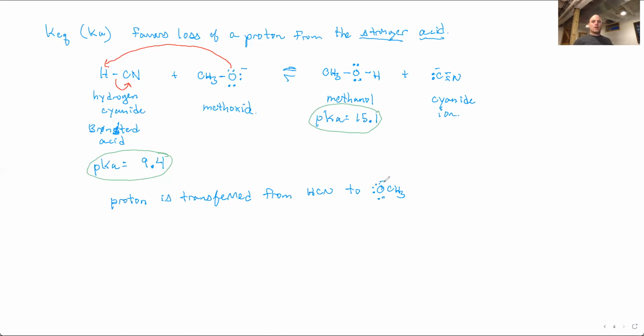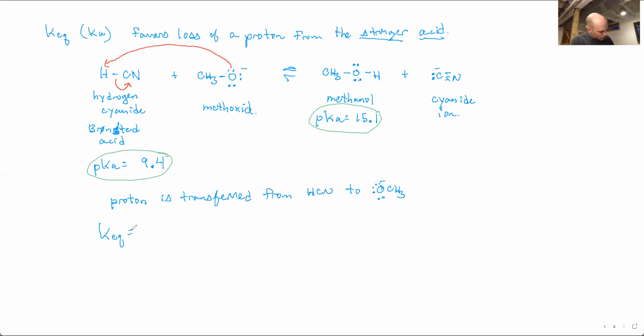Okay. And so that's how I can qualitatively describe what is happening, using just the pKa values of the acids. But we can actually calculate the KEQ for this reaction using the pKa's. And so the way we derive that,